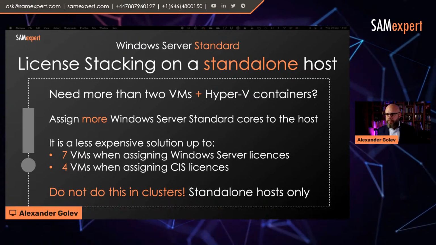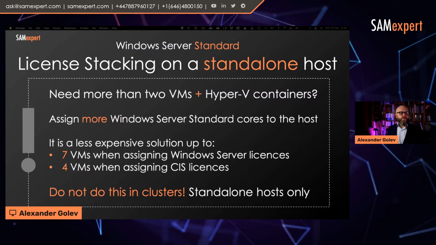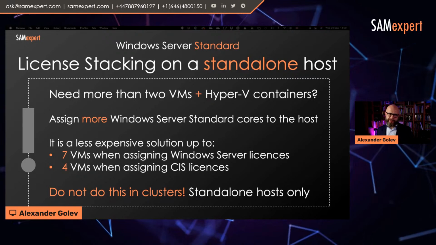So license stacking. What is license stacking? If you need more virtual machines under standard licenses, and people ask, can we actually,